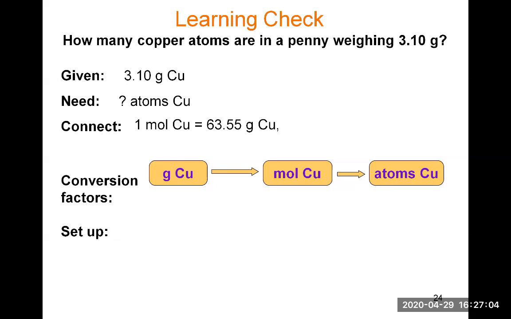And then the second conversion factor will change the moles into atoms. And for this, we've learned earlier that we need the definition of the mole, which says 1 mole of copper, and you adapt the unit and say 1 mole of copper is equal to 6.022 times 10 to the 23rd atoms. So the conversion factors from this,